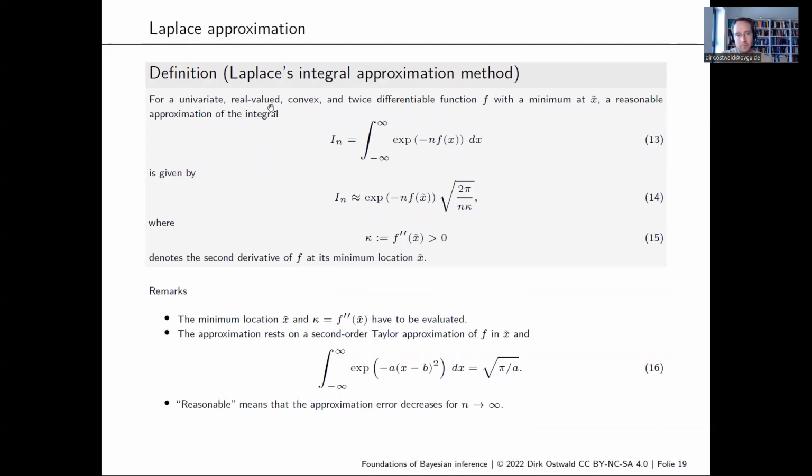That's an old result: if you have a univariate real-valued convex function, which is twice differentiable and has a minimum, then this improper integral of the exponential of this function multiplied by minus n can reasonably be approximated by the value of the exponential function at the minimum of this function times